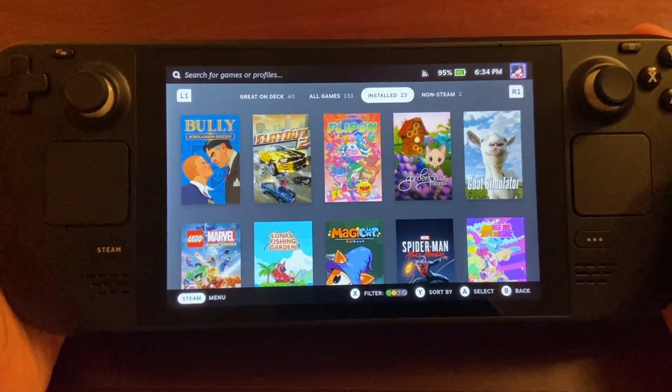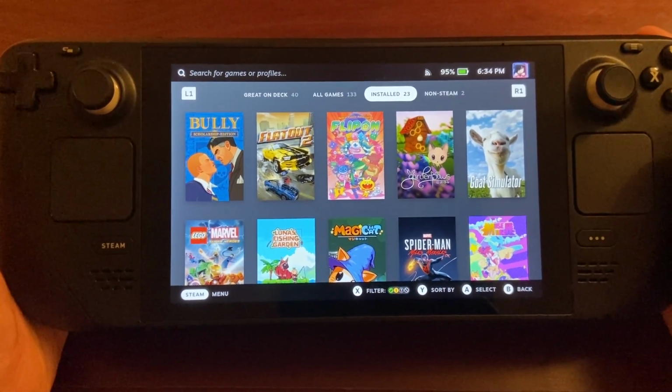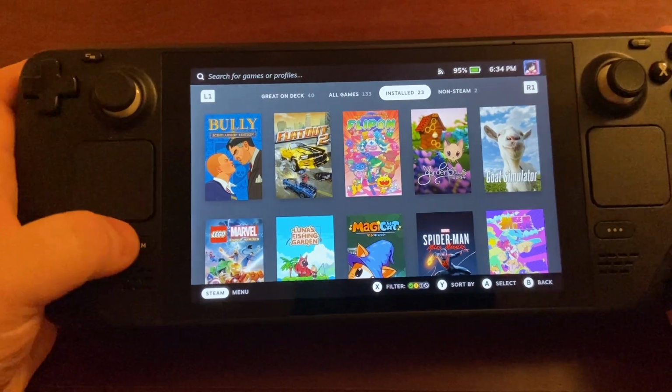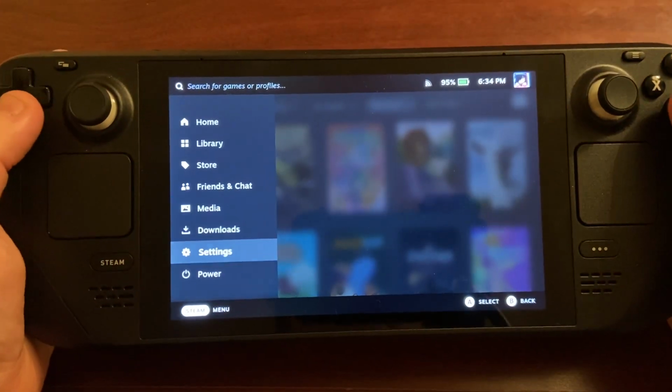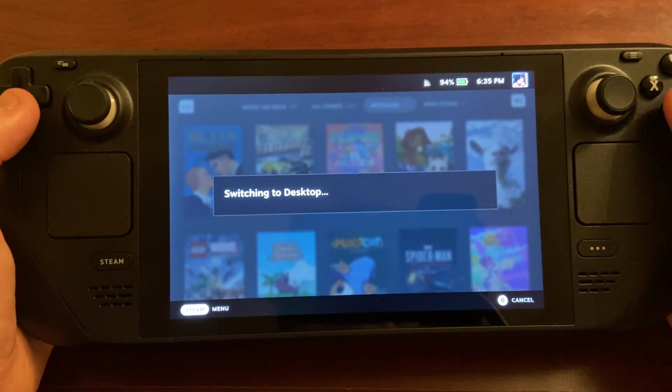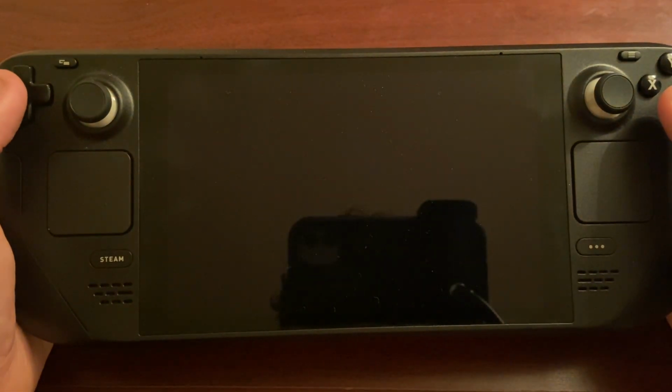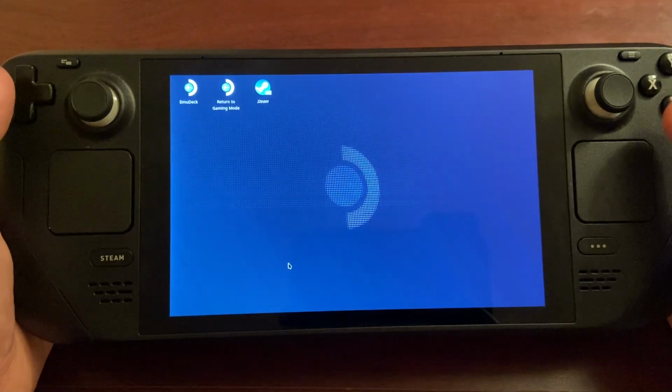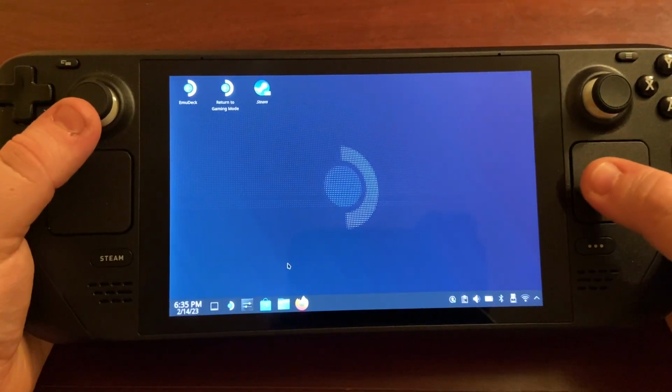So today we're going to take a look at how you can put your Steam Deck into desktop mode. It's pretty simple. All you want to do is just press your Steam button, go down to your power settings. Once you're here, just click switch to desktop. Now it'll take a few moments and it'll just go through some transitions, and here we are in our desktop